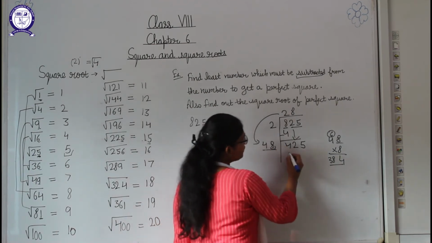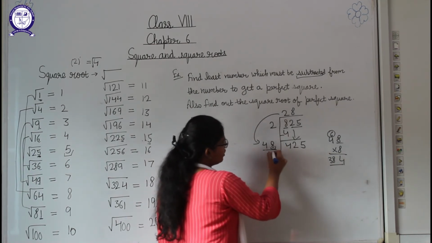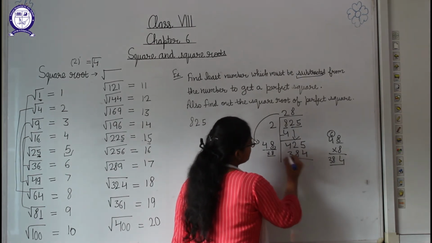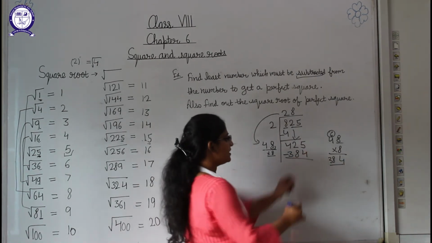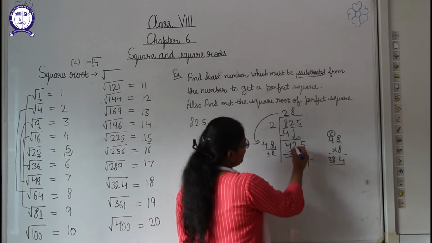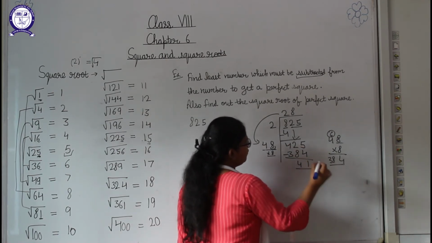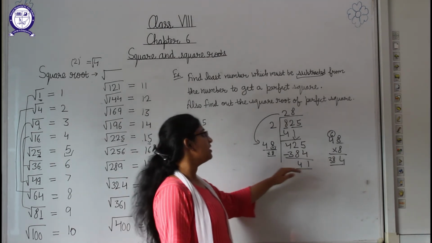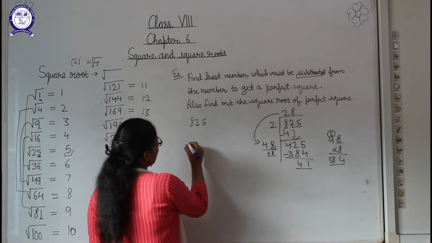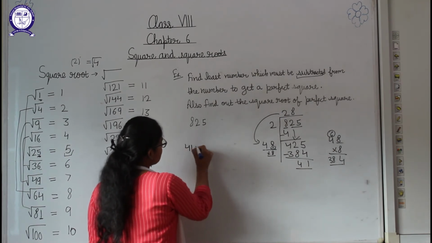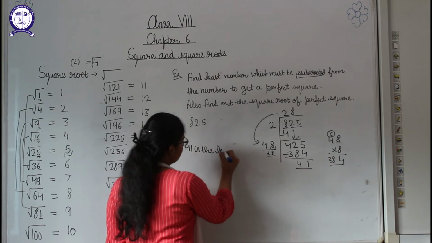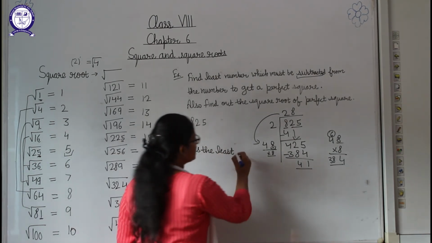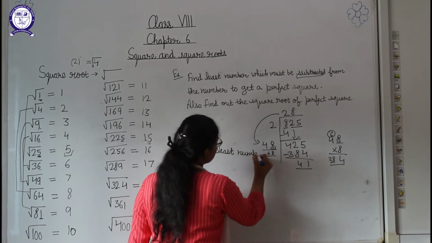Now, when we multiply 48 by 8, we are getting 384. Now we will subtract this. So 5 minus 4 is 1, it will become 12, then 12 minus 8 is 4. So what is remaining here as the remainder? 41. So students, we will write that 41 is the least number. Whatever will be the remainder, we will write that only, that 41 is the least number to be subtracted